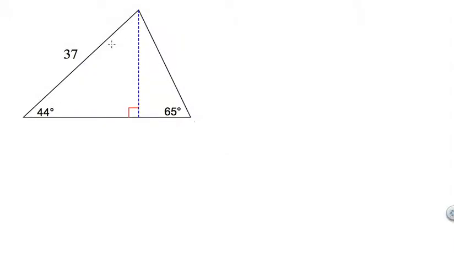This problem is a trigonometric problem, so I'm going to write my trigonometric ratio right here. So, SOH CAH TOA. Okay. And so this problem is asking me to find the area of the triangle, which is, of course, the